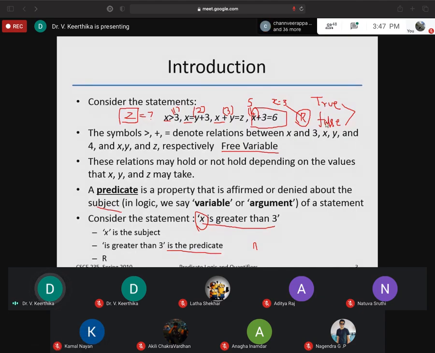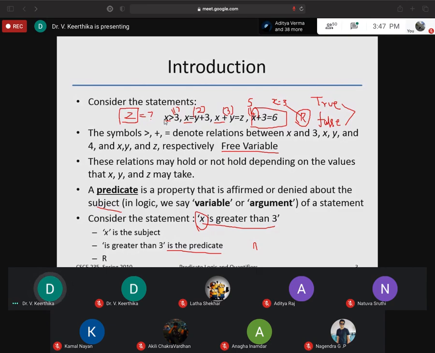How can you say whether a statement is true or false? A statement can be true for some value, and the same statement can be false for some other value. Here I'll give you the example: x greater than 3. If I give x equal to a value greater than 3, then this statement is true.